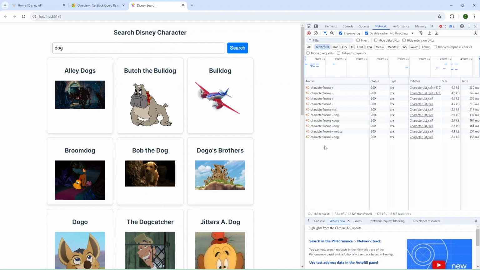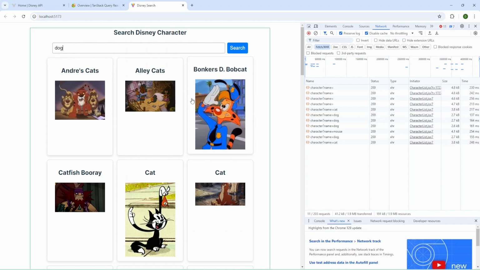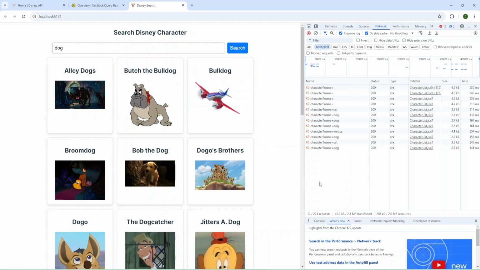But as you can see, every time I change the input and press search, like cat, a new request is sent to the server, and I can provide dog, and the dog data was retrieved.